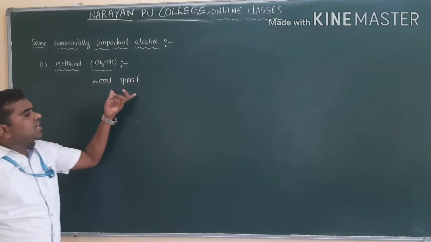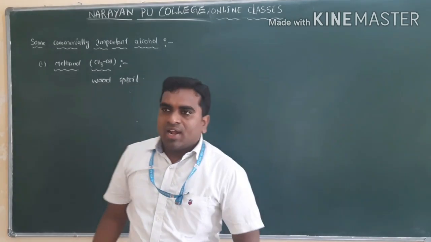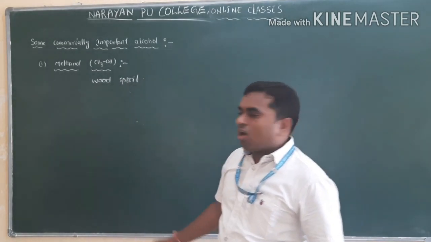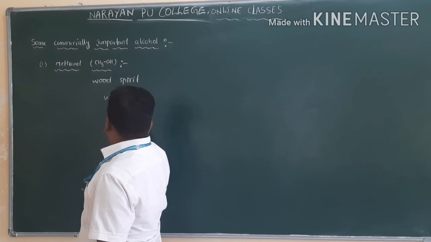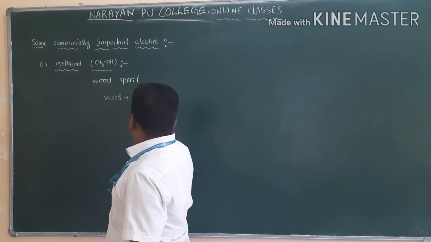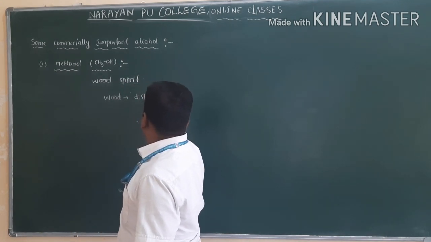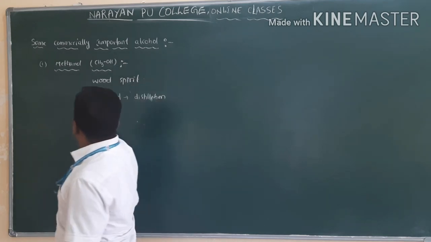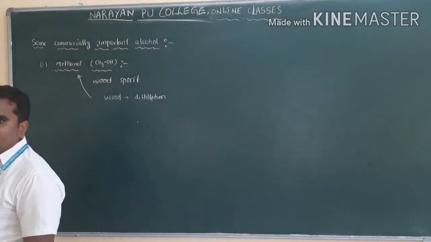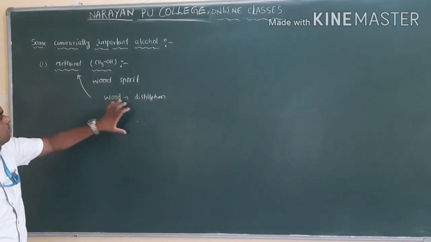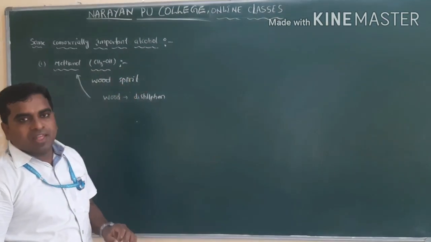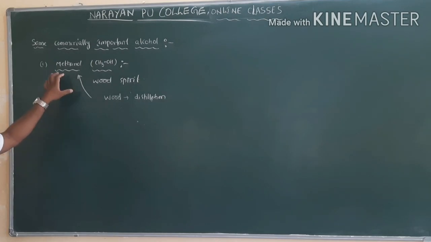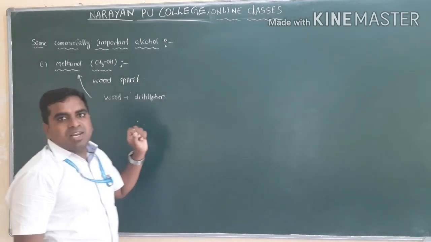Why? Because it is obtained by the destructive distillation of wood. If you do the destructive distillation of wood, we get methanol. That's why, since it is obtained from wood, we call it wood spirit. Nowadays methanol is commercially prepared